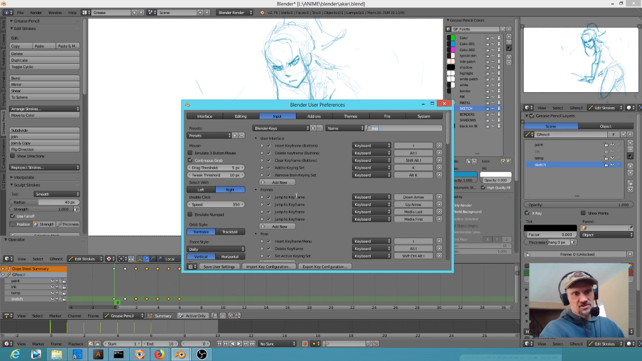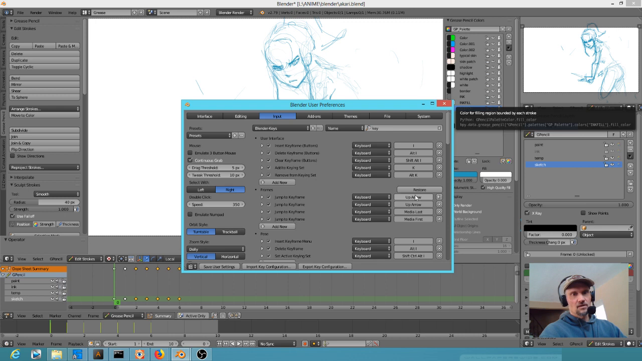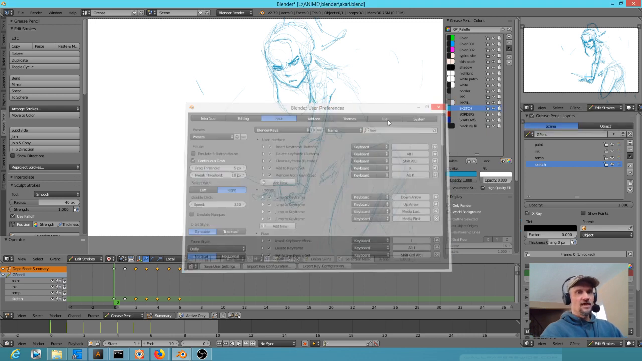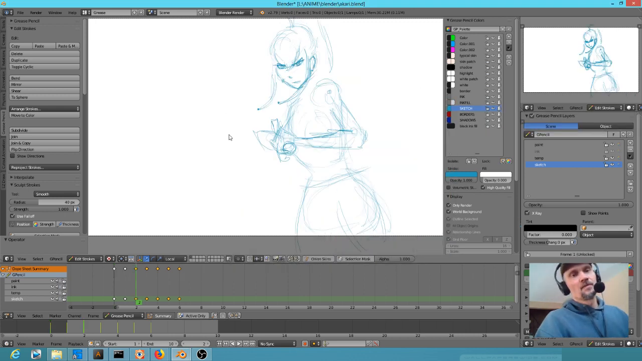It's these two keys, jump to keyframe, up arrow and down arrow. I just reversed them. I just clicked here and made it down arrow instead of up arrow, and that made it behave the way I want. So anyway,